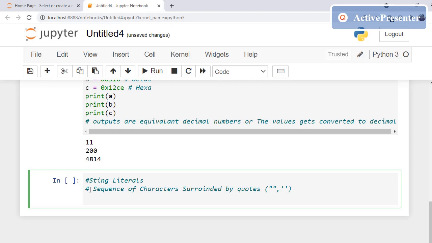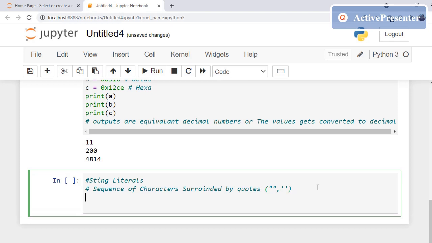I can use either single, double or triple quotes. Triple quote is not available on the keyboard as a single key, but it can be used. Double quote, triple quote or single quote, all will work with your strings.